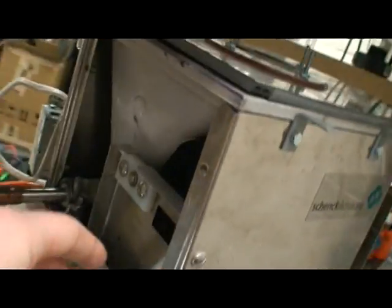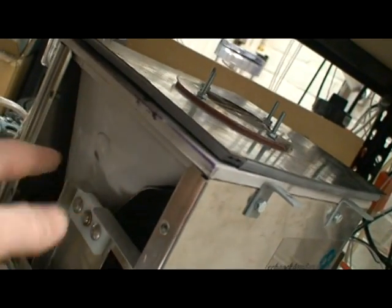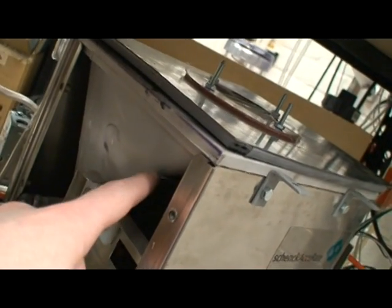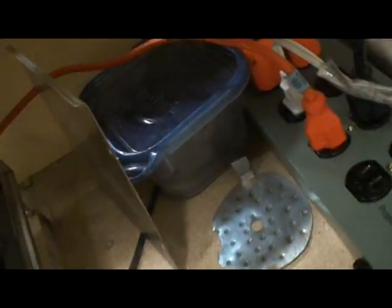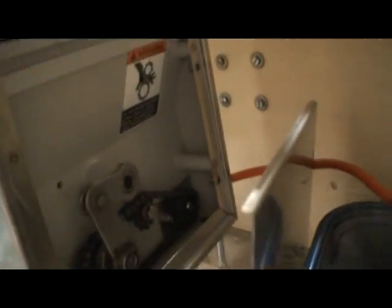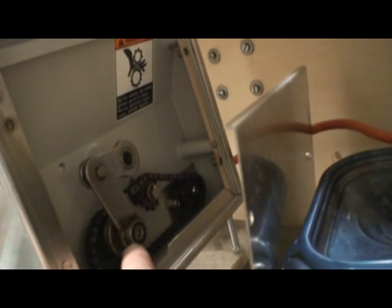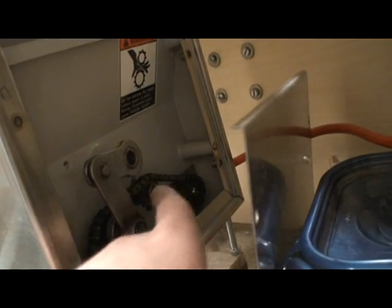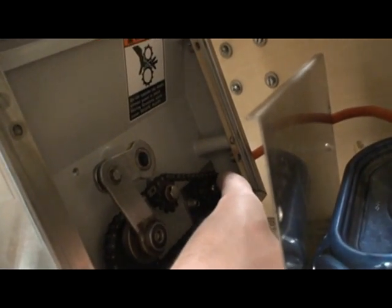The next thing is there's a flapper here that actually wobbles back and forth and disturbs the hopper, so the dust continuously goes towards the bottom. Now that's controlled by, if I get back here and show you, a drive chain. So this drive chain, you have an electric motor here, or I think this is actually the motor, and then the flapper control here,